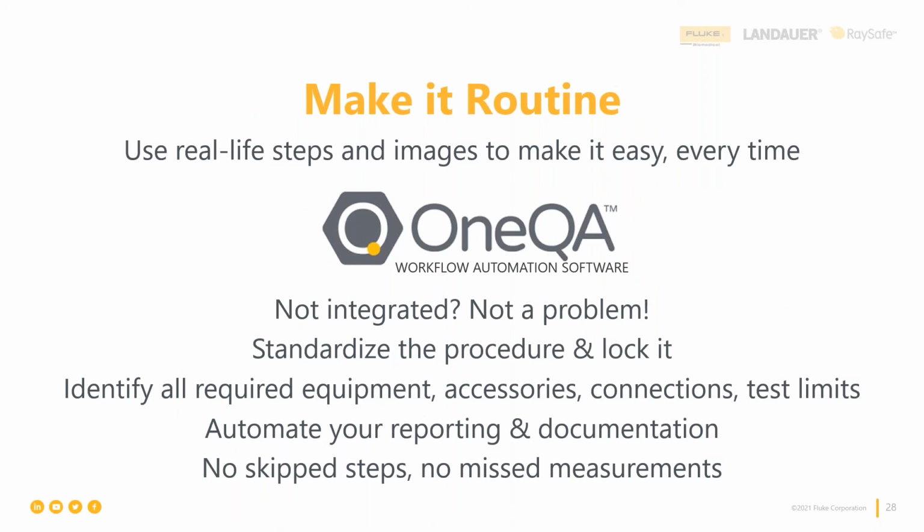OneQA can actually help automate some of your testing. And you might be thinking, well, hey, QAS3 isn't automatable at this point. That's fine. VT650 900A testing is, ESA testing is. Just automating that can save you some time. But think about the procedure, right? Hold on. Oh, go ahead. Even though QAS3 is not automatable, what I'm about to show you is just how easy, though, OneQA can make